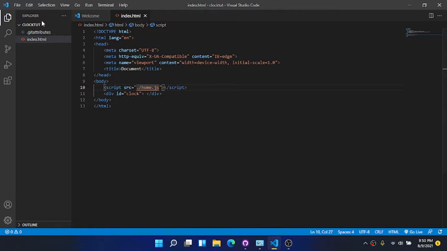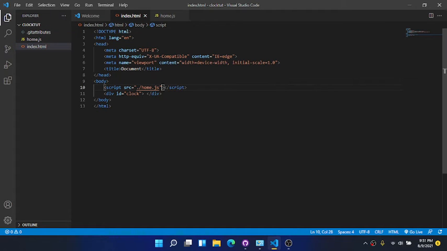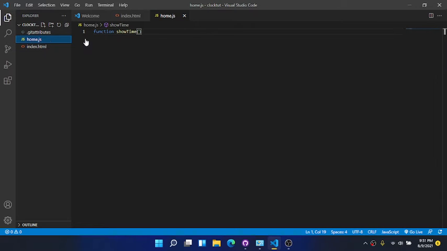Home.js. I'm going to make a new file and name this home.js. And let's make a function and name this showTime. Now, this index.html should have a defer attribute. Okay, so now let's make date, which will be equal to new